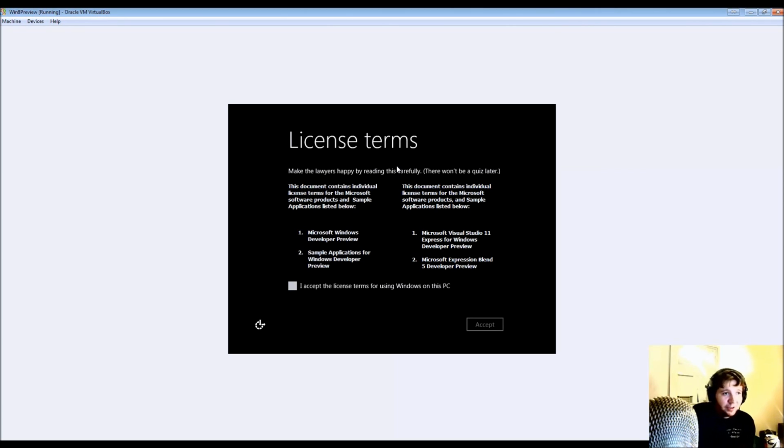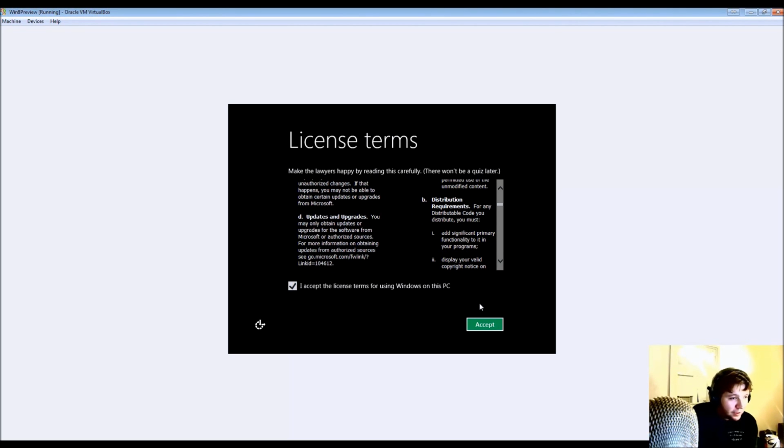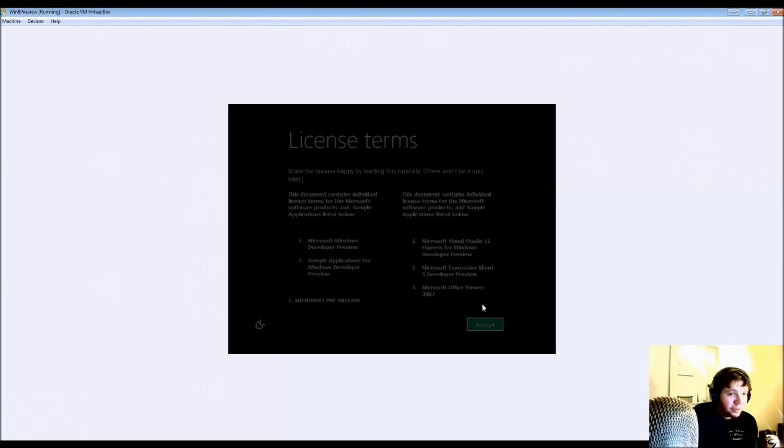And we've got more license terms telling us how important this thing is. Visual Studio 11 Express, sample applications for Windows Developer Preview, Microsoft Expression Blend 5 Developer Preview, Microsoft Windows Developer Preview. We're going to accept all of these terms, and no one ever reads the whole thing for this, but we basically understand what they're talking about. We accept,